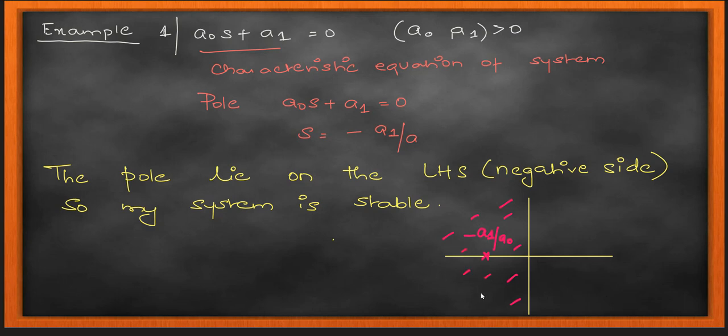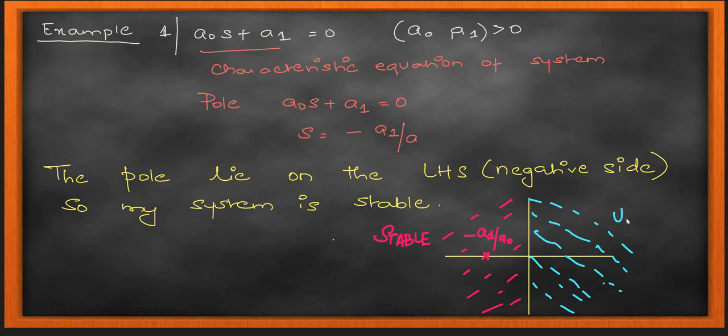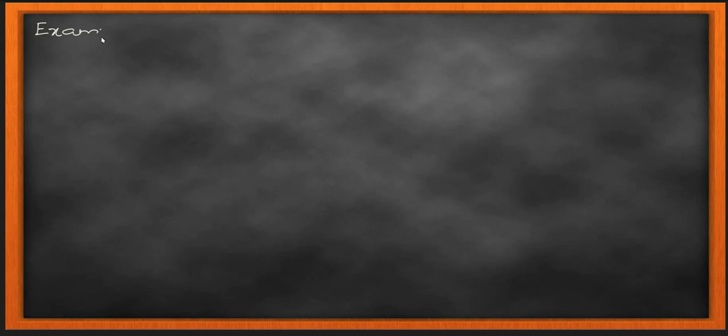So I can just tell, I don't have to do inverse Laplace transform. I don't have to know what is my input. I don't have to know anything about the other things. I can just tell by the position of my pole that my system is going to be stable. See how good it is. That is what this unit is about. So we are going to see in the coming lectures about the stability of your system.